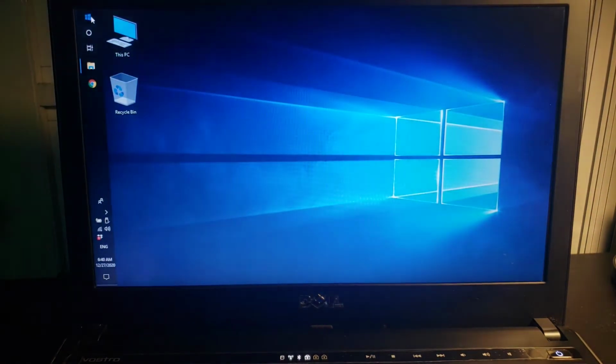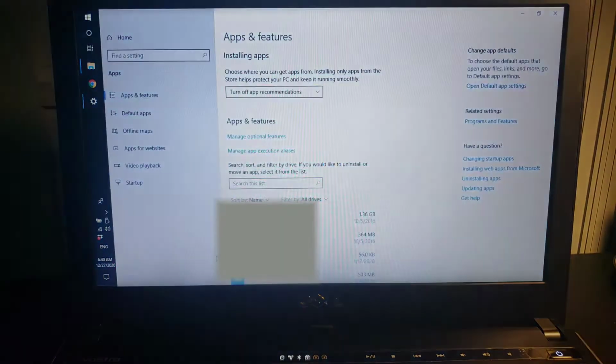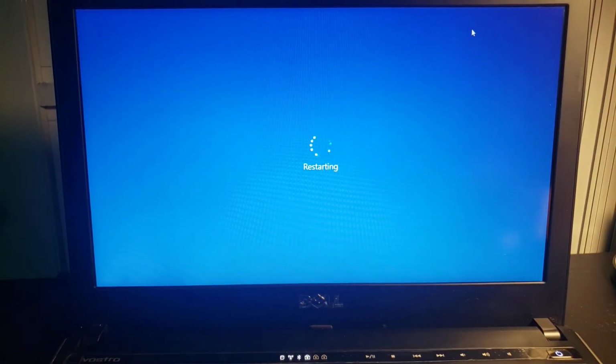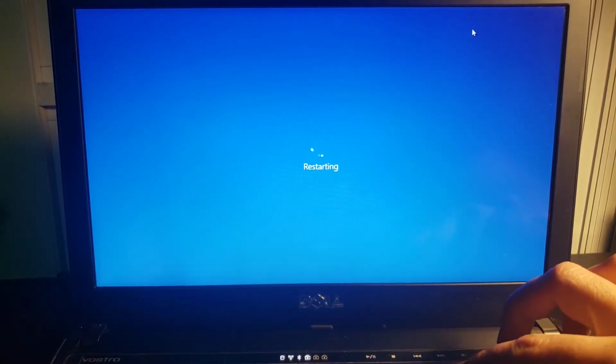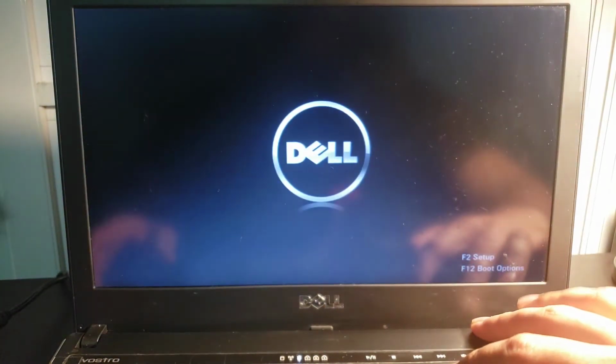What you need to do is restart your machine once. Different laptops have different keys, but you need to change the boot preference at the beginning, because normally the laptop boots from the hard drive, from the C drive to be more specific. But right now we want to change it to boot from the USB, because our live USB drive is inserted in your USB port. For this laptop, I searched a little bit and found out that I have to keep pressing F12. For your case, it might be F8 or another key on your keyboard to change the